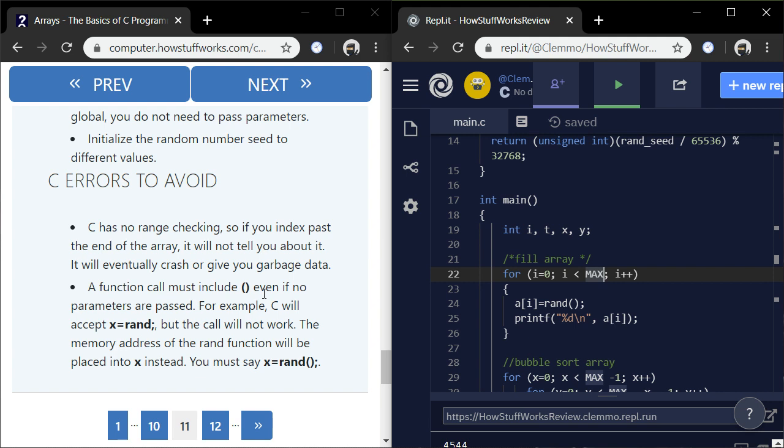All right, I accepted that on faith. For example, C will accept x equals rand. The call will not work. The memory address of the rand function will be placed into x instead. You must say x equals rand parentheses. Okay.